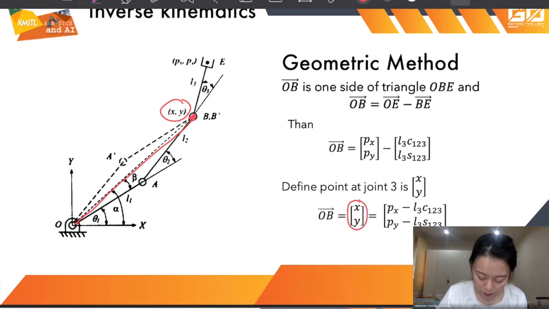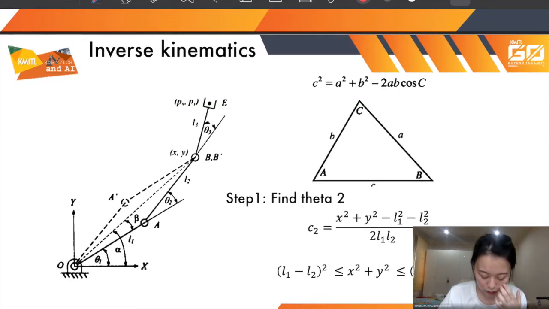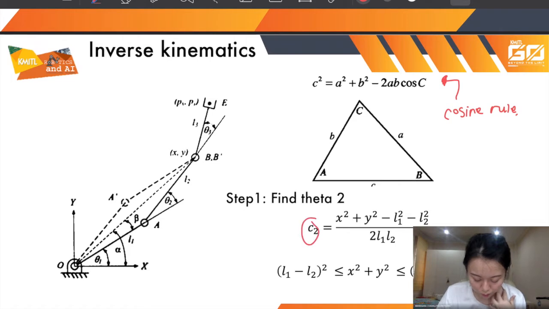And we can find it by Px minus L3 cos theta 123, as we proved before. And to be different, in the step of finding theta 2, we will use the cosine rule to find cos theta 2,